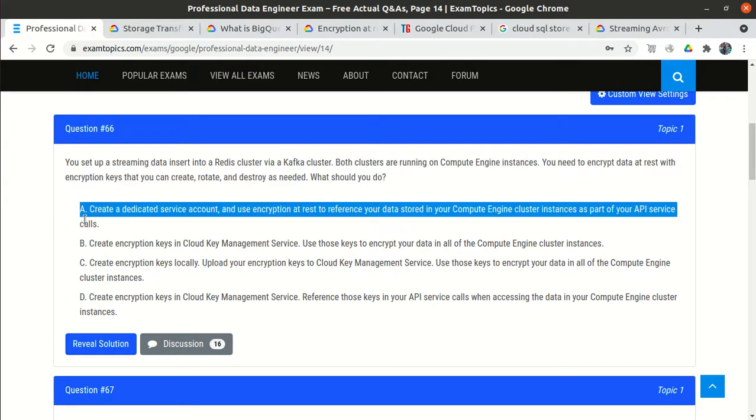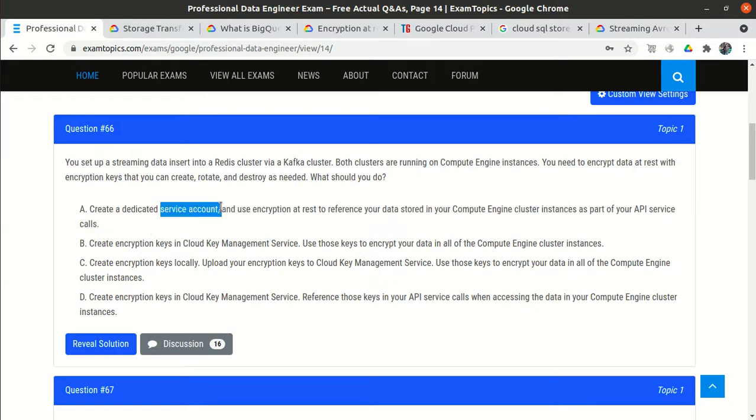In the first option, nothing is satisfied. Why should I create a service account? A service account only needs to be created when an application needs to interact. They say you do it via some application, that is API service calls, which is not the requirement.